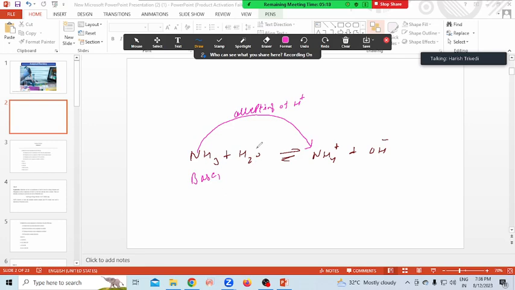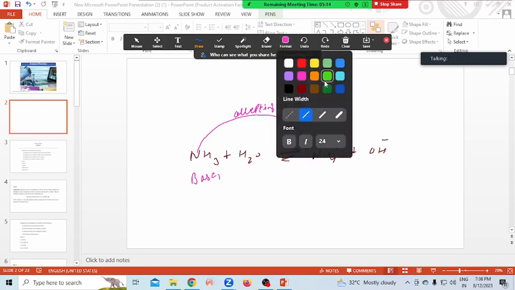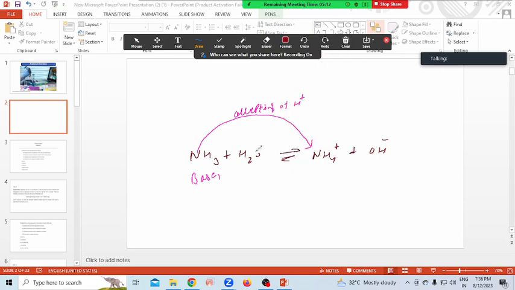Then here, water to hydroxide. What is happening here? It is giving H plus ion, so we can say donating of H plus. Because it is donating, it will be considered as acid. So this is base 1, and after accepting H plus, ammonium ion will convert into